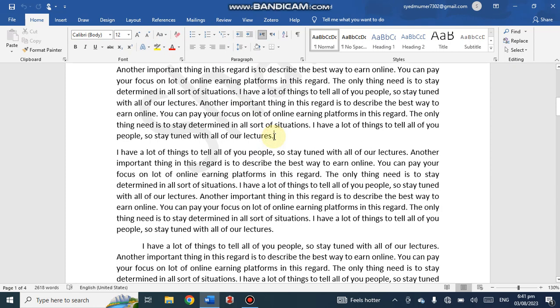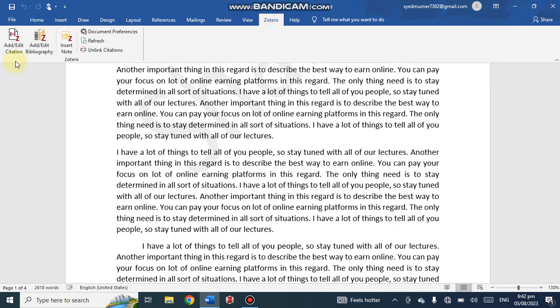For example, in this line, I want to add a reference here. I want to add an endnote here. Then I will click on Zotero. Here it will open in this interface. Add or edit citation. This is actually for in-text citation. Click on this,